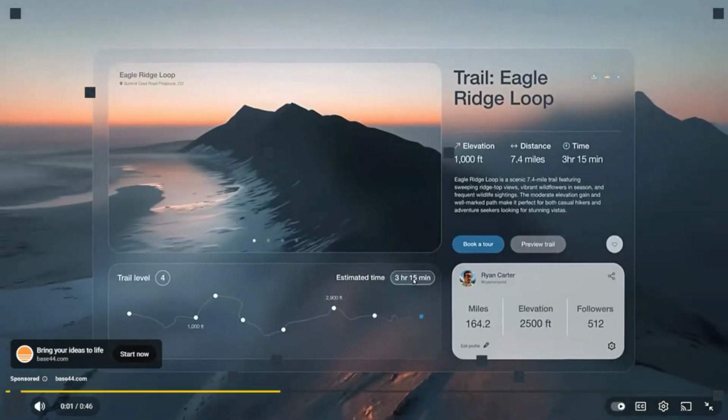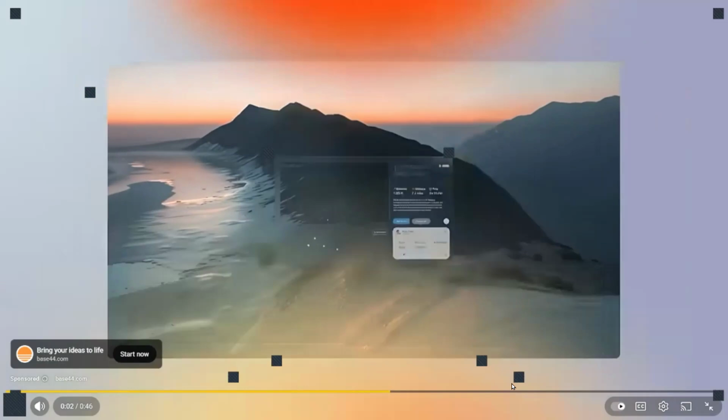Imagine being able to build an app with your name on it, just by thinking about it. Meet